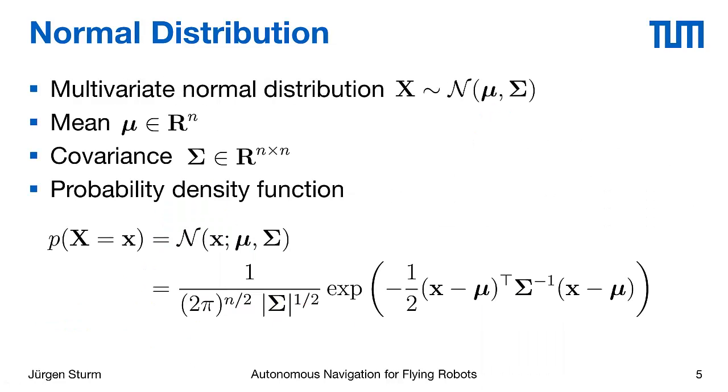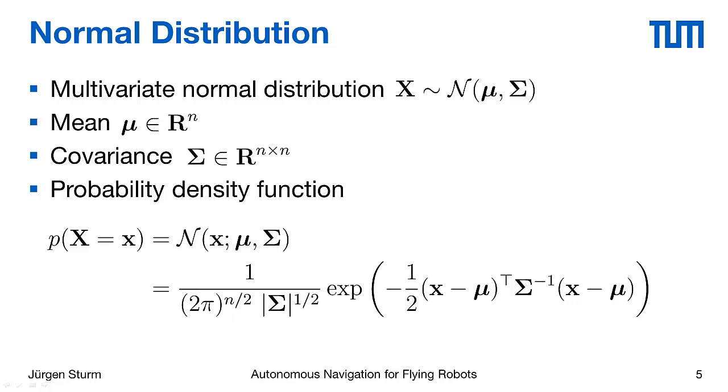We can extend this easily to multivariate normal distributions. I indicate this here again by bold capital letters. So this x here now has multiple dimensions, for example 2 or 3 or 6. And then of course also the mean vector needs to be a vector to specify the mean. And instead of having this simple variance, we now have a so-called covariance matrix. And then again, we can specify the probability density function, which looks almost exactly the same, just that we need